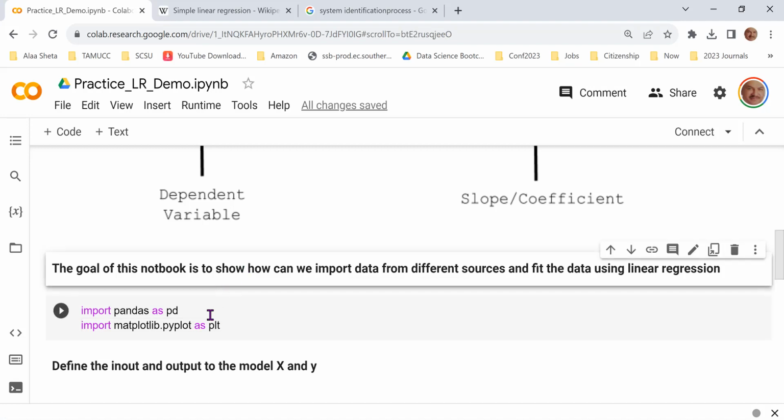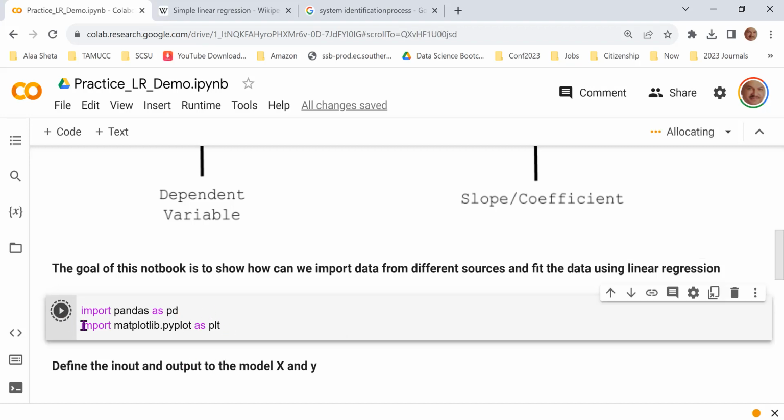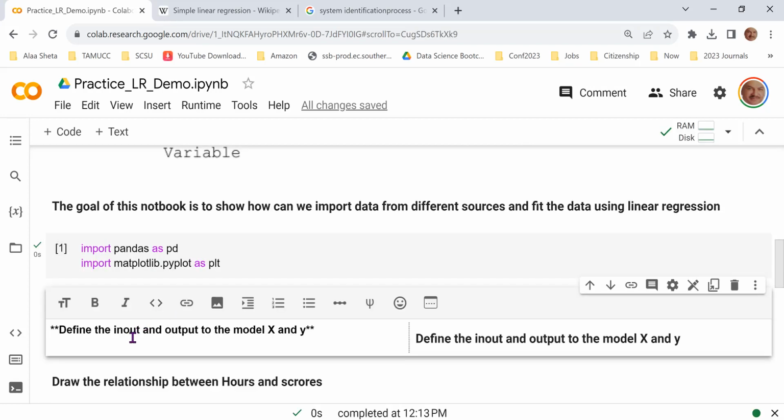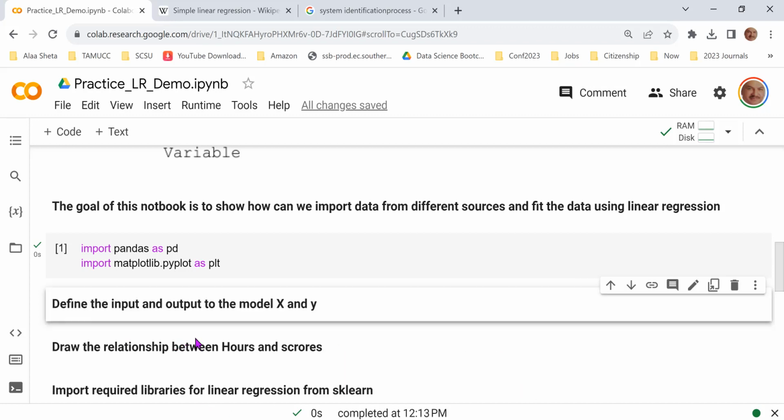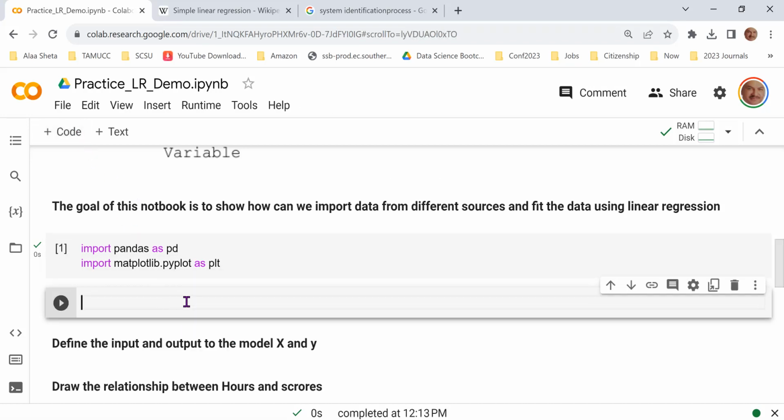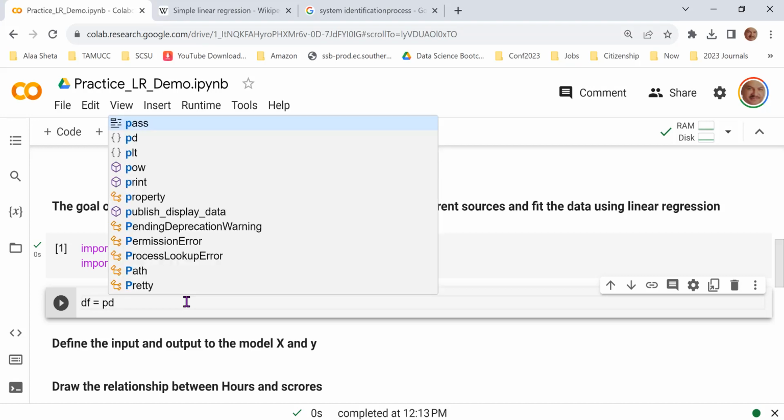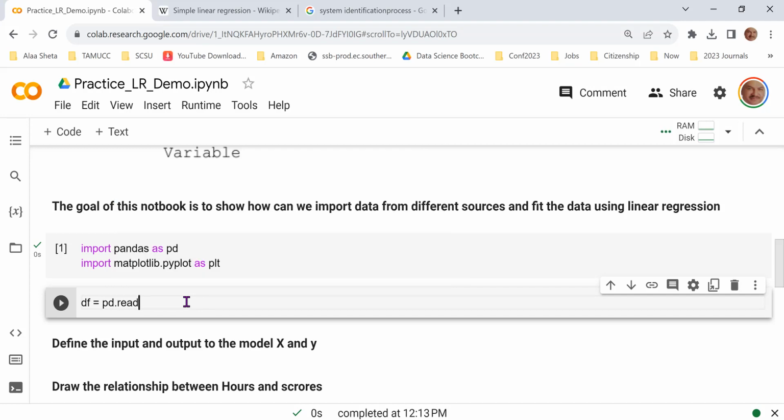I'm gonna upload actually the required libraries step by step, so you can recognize these libraries each time. So now I'm executing this command to plot it. Let me just adjust this input. Okay. So now I need to define the input and output for the model. And before I do that, let me just upload the data here. There is a nice data set called student_scores.csv. It's available on Pandas. So I'm gonna call df equals pd.read_csv,